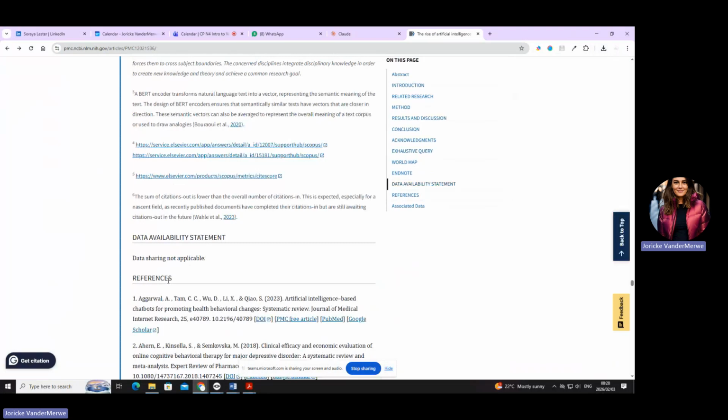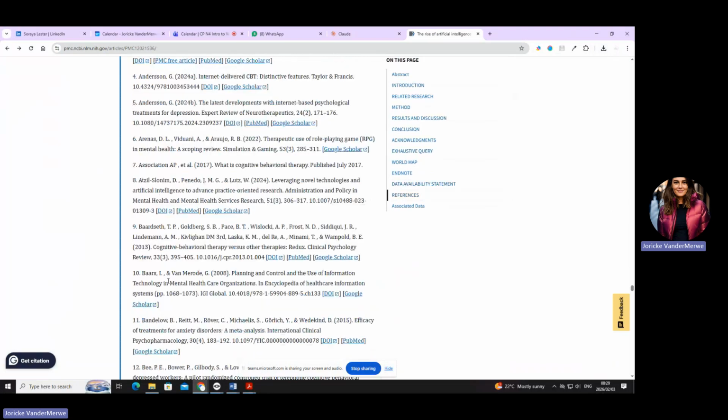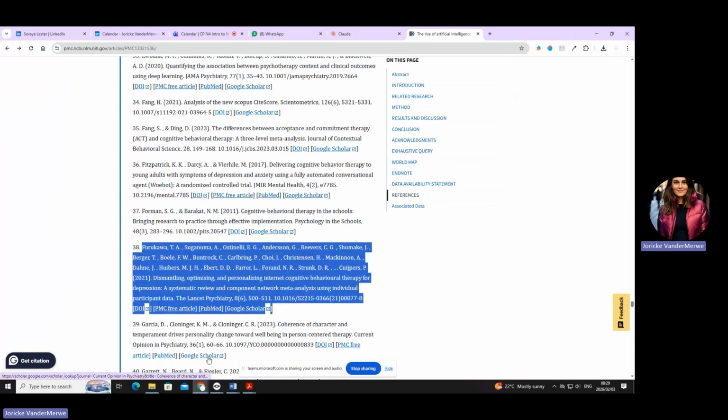Now that person's name, who can still remember that person's name? Furukawa. Here it is by number 38. So can you see within the article, when something was used from that person who also wrote another article or another book, you only use the surname, and et al. Means there was more than 2 or 3 authors. Are you with me? And then at the end of that article, who has cited them, the whole thing appears.